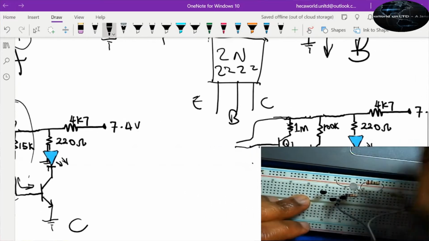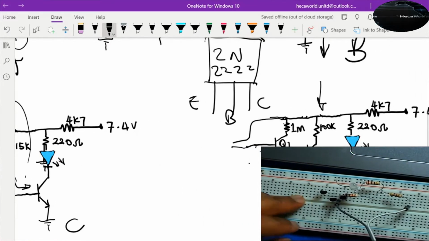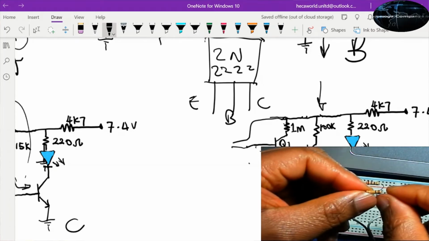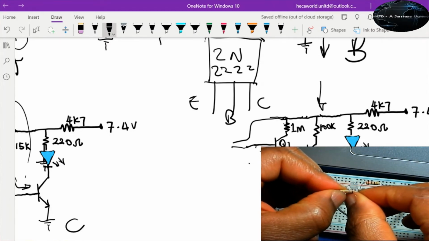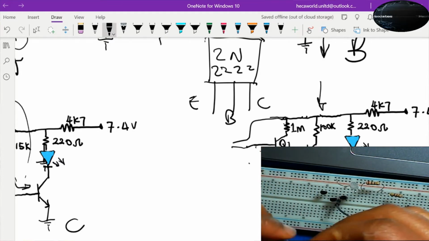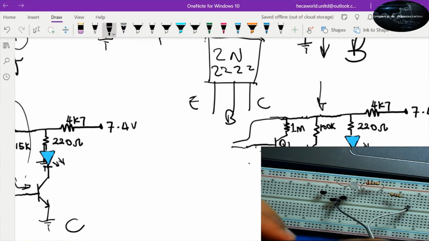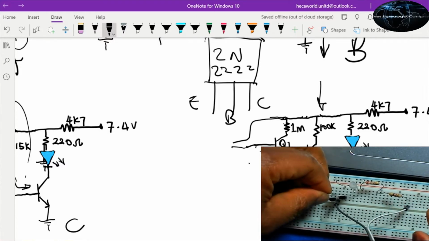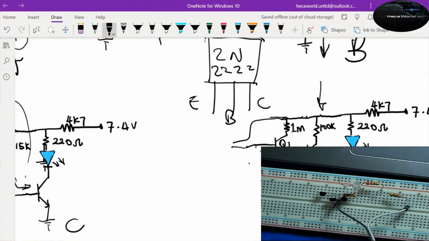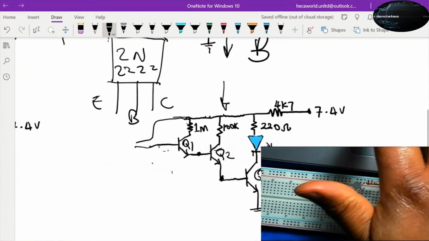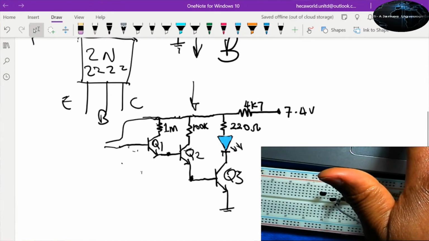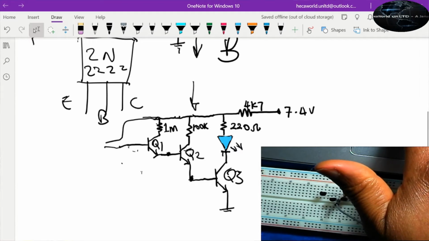is replaced by a 100 kilo ohm resistor, and the color code is brown, black, yellow. Yellow is 4, and the third position is a decimal multiplier. So it goes from here to the positive, and then the last transistor, Q1, or the last transistor now in this case, will connect through one